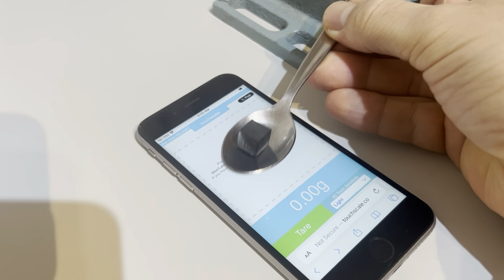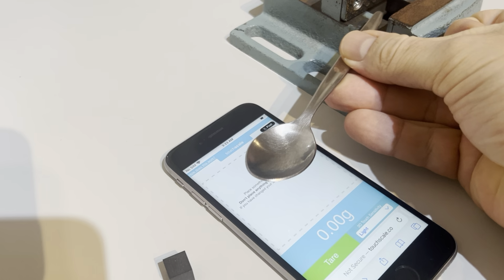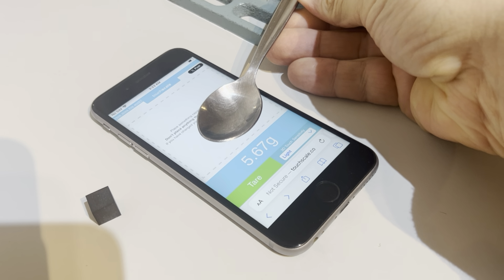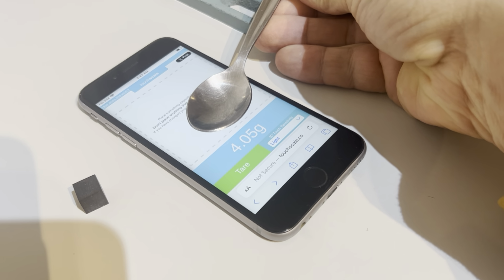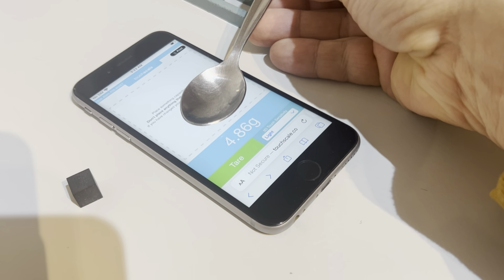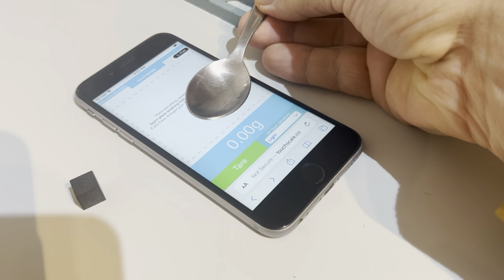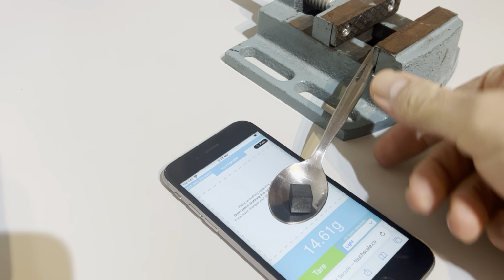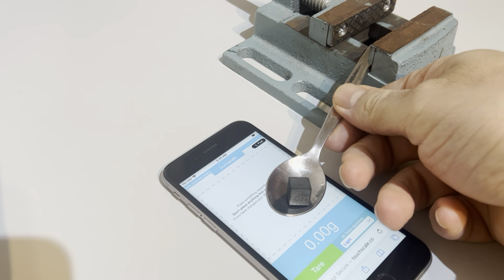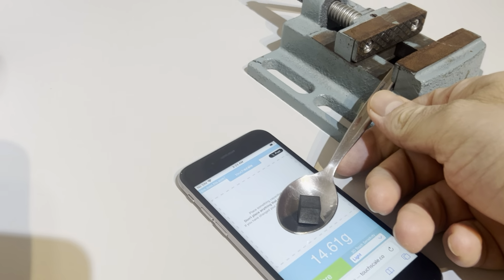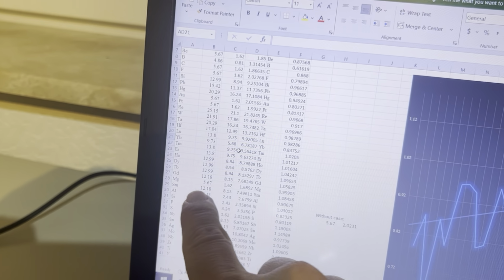So the weight that shows with the spoon without putting anything on is 4.05. And then it goes up a little bit for a moment. So anyway, if you put something on, you always take the initial value. So, 1461, and here